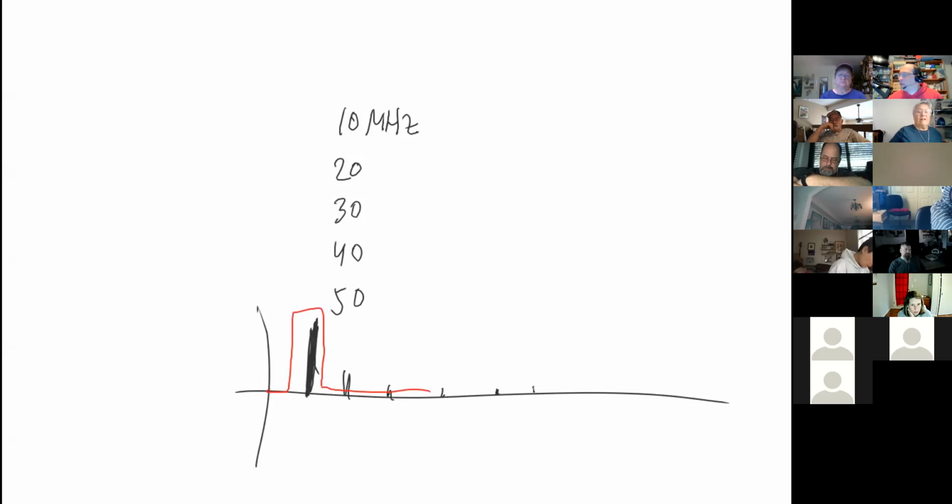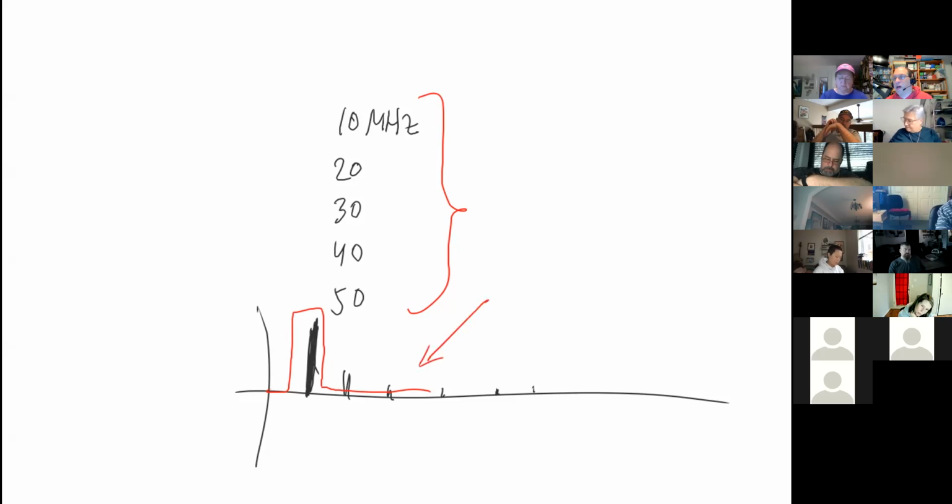And why is this important? Why do we even need to know this stuff? Because we are allowed to build our own equipment. And in building our own equipment, the FCC has guidelines for the amplitude of harmonics that are generated by your transmitter. And in fact, they are measured in units of decibels. So these harmonics typically have to be 50 dB to 60 dB down, depending on where they are from the fundamental,